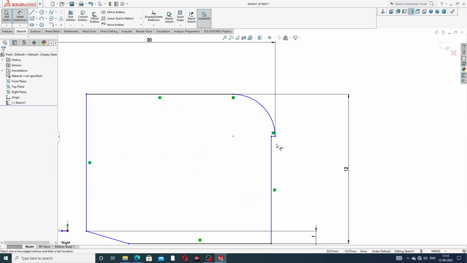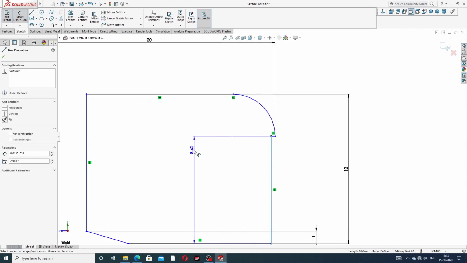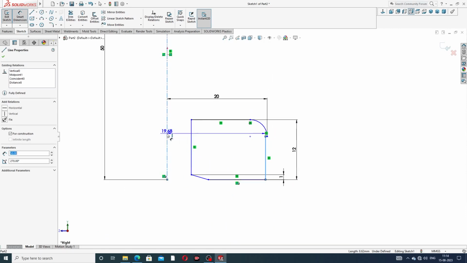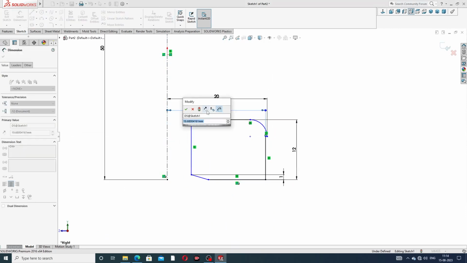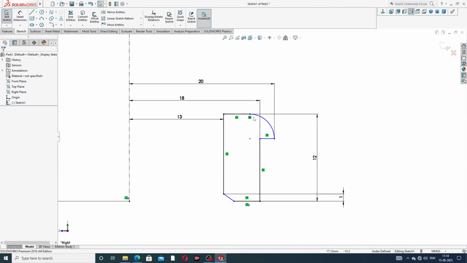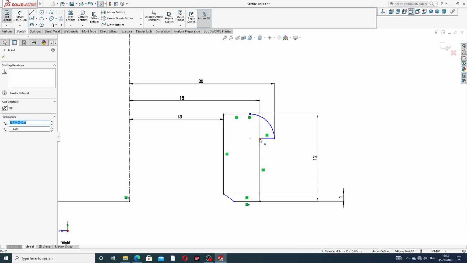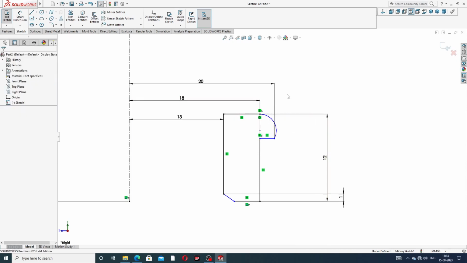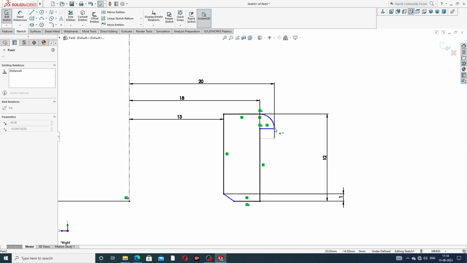Okay, and this line is draw 18 millimeter, and this is a 13 millimeter is perfect. Okay, and this point is drag here. Okay, and this point to this line is vertical, and okay,